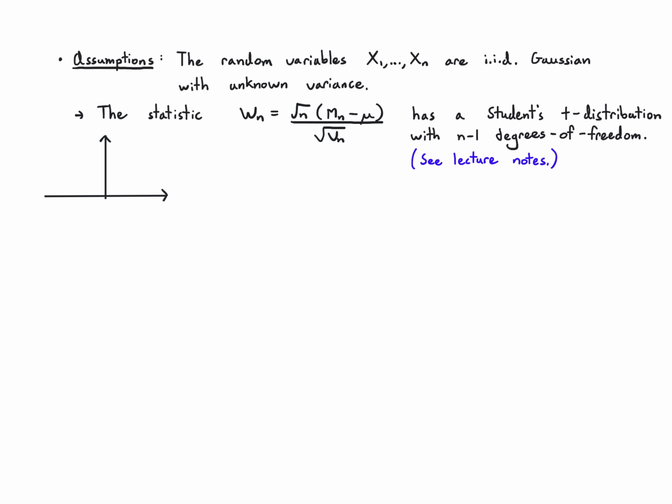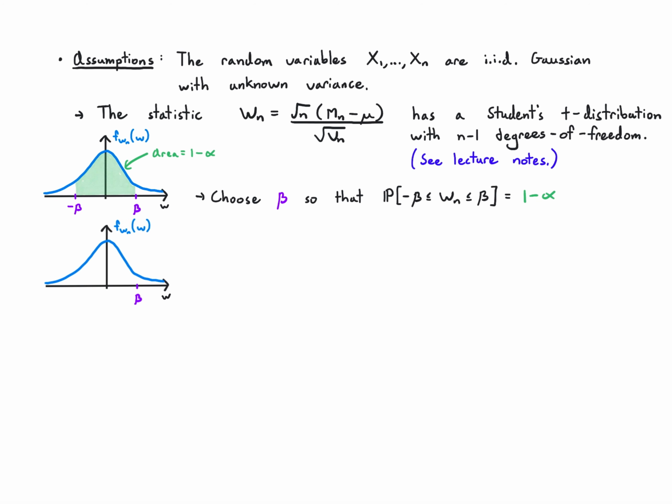Okay, so basically all I'm doing is, instead of trying to form this Gaussian-like random variable by dividing by the true square root of the variance, here I have to divide by the square root of the sample variance. What that's going to do is, this W of n is going to have a distribution that looks like this. It's kind of Gaussian-like, it's not quite Gaussian. What I have to do is choose beta such that this thing stays between minus beta and beta with probability 1 minus alpha. If I've done that, then I can work my way out of this and compute the confidence